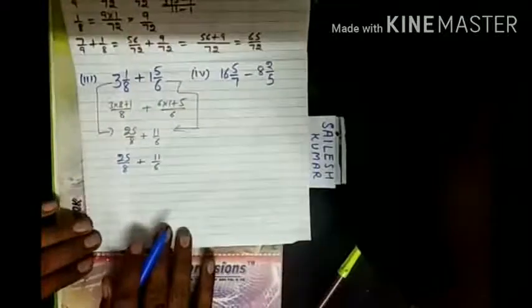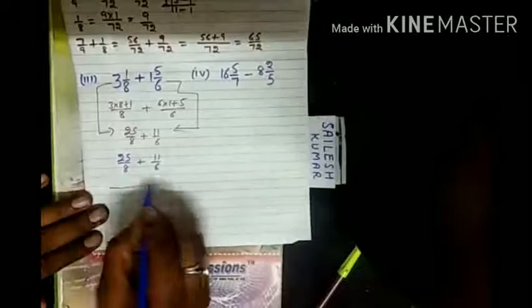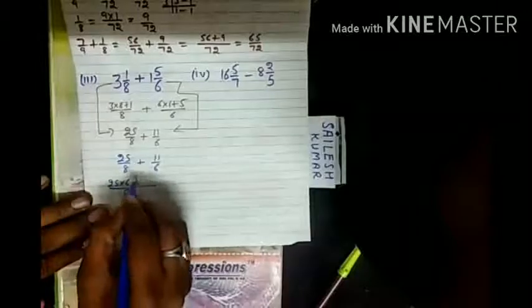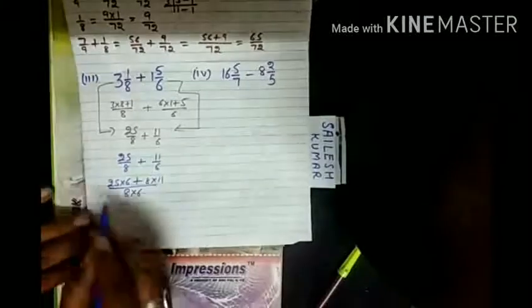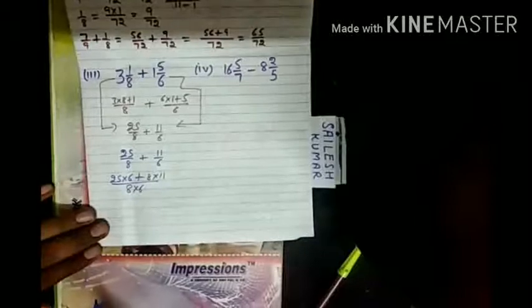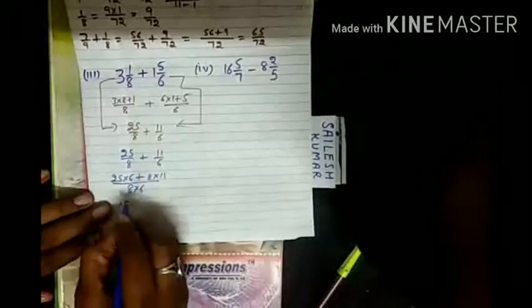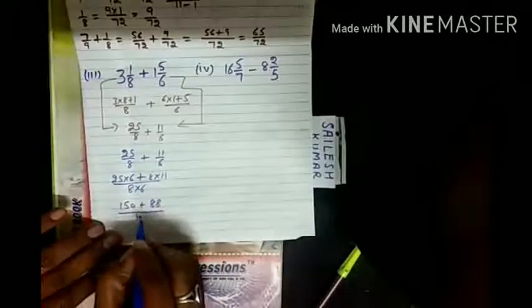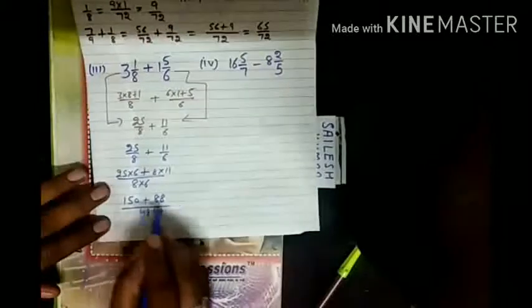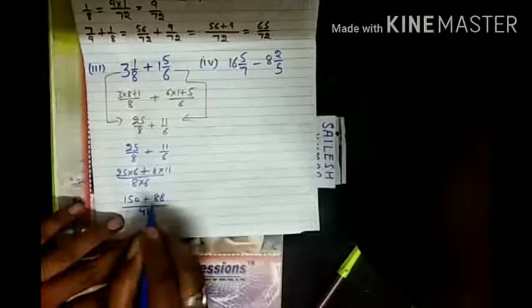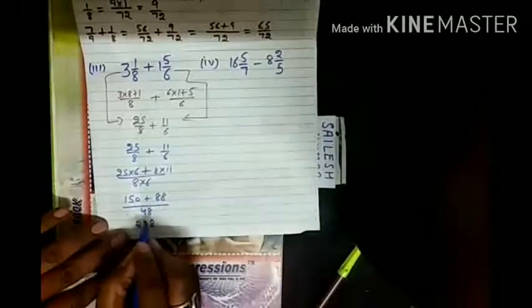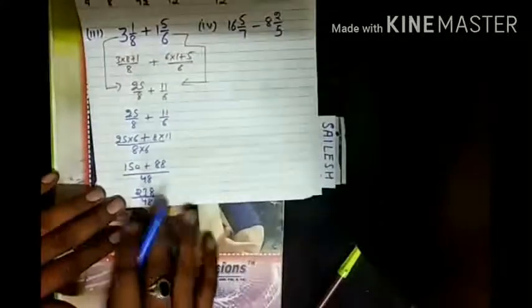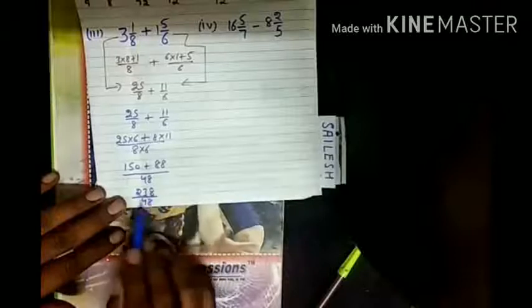Here I will adopt the cross multiplication method. Now what do I do? 8 multiply 6 and 6 multiply 25 plus 8 multiply 11. Now if I multiply 25 with 6, then what is my answer? That is 150, and this is 88, and here is 48. Now when we add 150 plus 88, that is 238. Now the answer is 238 by 48, but both are divisible by 2,